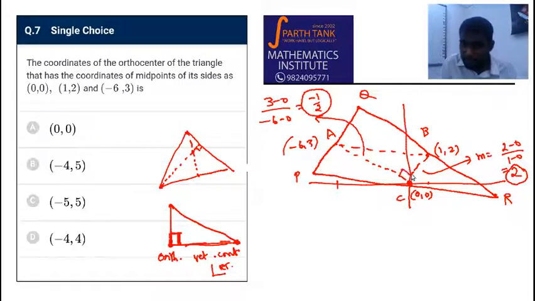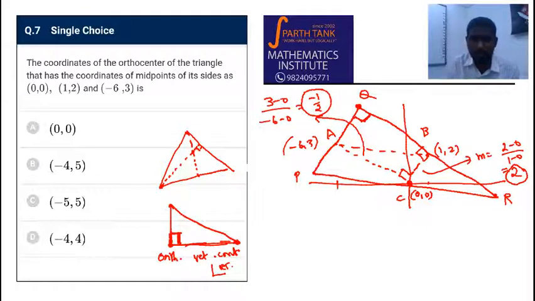So this ABC is right angled. The triangle formed by the midpoints is a right triangle. Now we know that the line joining the midpoints is parallel to the third side, right? So this angle is also 90 degrees. This angle also therefore becomes 90 degrees, which shows that this triangle PQR is also a right angle triangle. Therefore the orthocenter is only Q. So you see, so far we have already found that the orthocenter is going to be Q. So if we find the vertex Q alone, we have solved the problem.